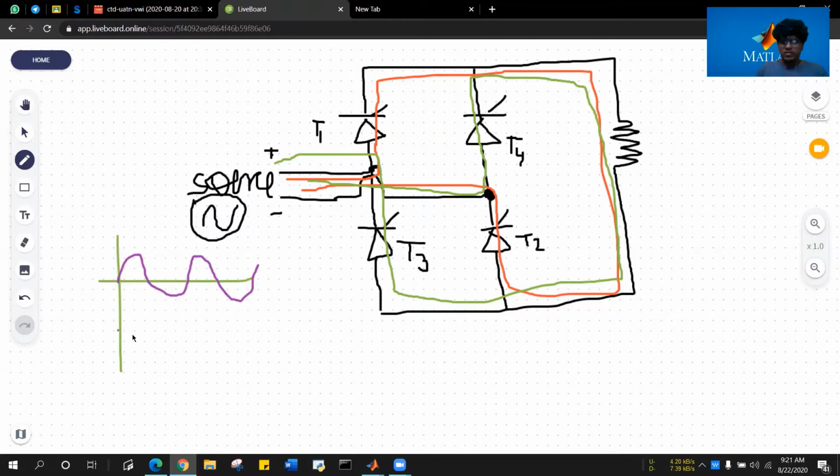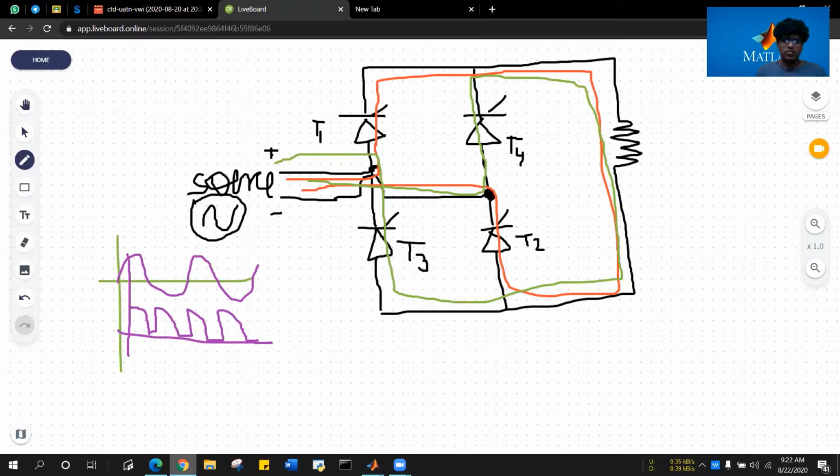this is our triggering angle alpha. For triggering angle alpha, I will get signals, this is for T1 and T2, again T3, T4, T1, T2, T3, T4. It will just go on like that. Similar is the case with the half wave rectifier, where it comes at 2 pi plus alpha. Here it will come at pi plus alpha. If the first triggering is at angle alpha, the second triggering will be at pi plus alpha.